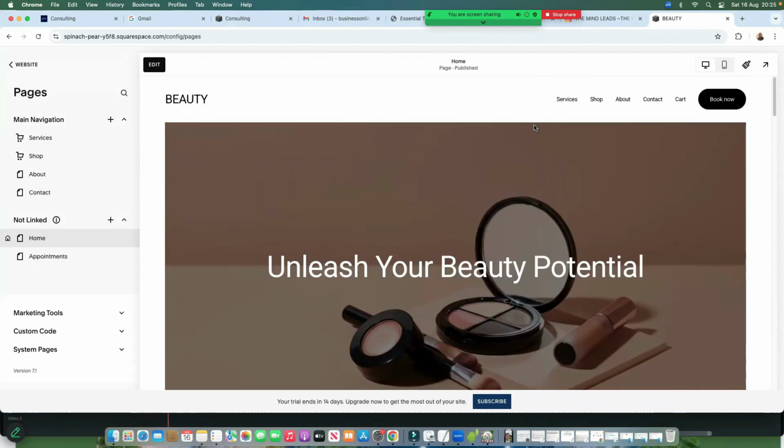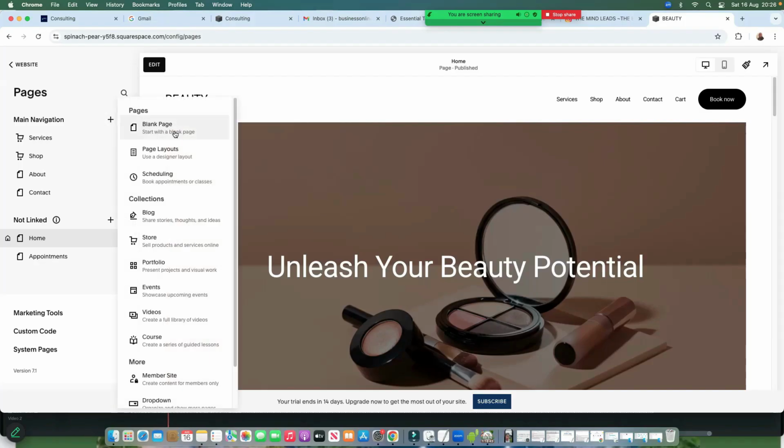This is the navigation menu up here. That's called the navigation menu. Or you can decide to have it on link. So you can decide to have it on the main navigation menu or on the link. But I prefer to have my blog on the navigation menu. So if you click here on the plus button, the blog is going to be under the collection pages. So if I click here on blog,